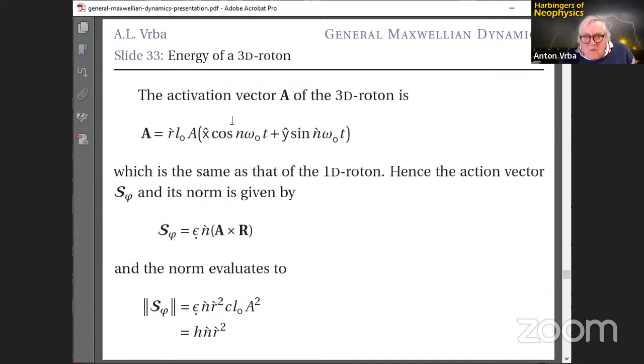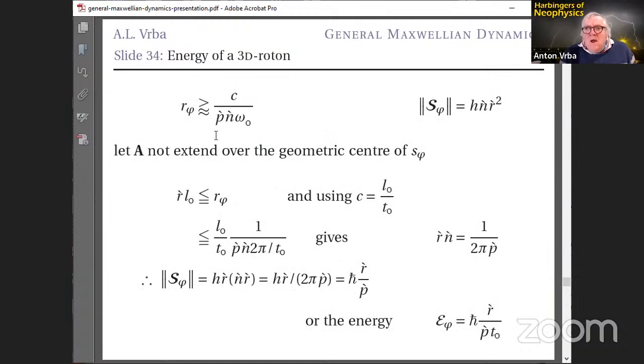Now, we had the activation vector the same as discussed earlier. We already know what the action is, which is in the bottom of this equation, HNR squared. And now I say that R is greater than that. So basically, I never let A go over the geometric center. Therefore,